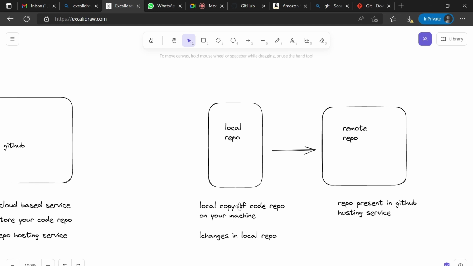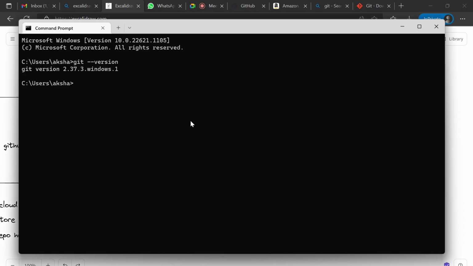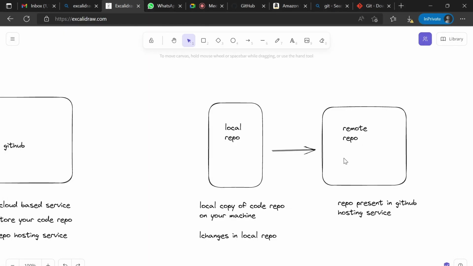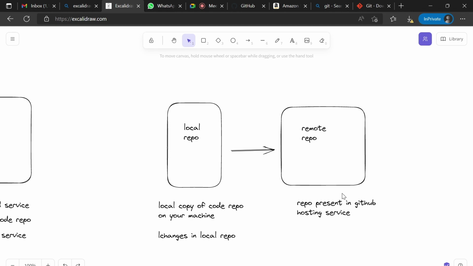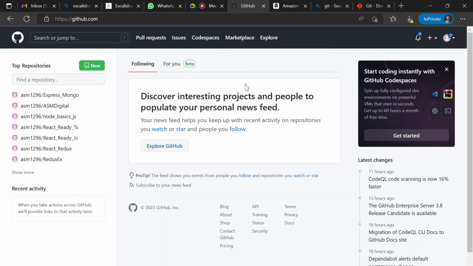Then the next thing. Now we are talking about local repo and remote repo. But the remote repo is present on some hosting service, and as you already know, we created one account on GitHub through which we sign in to GitHub.